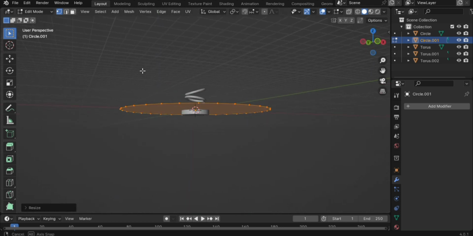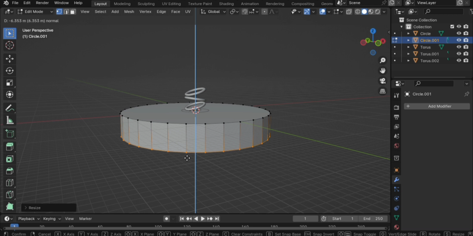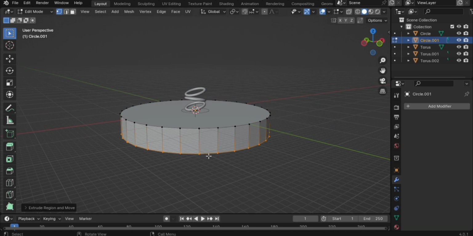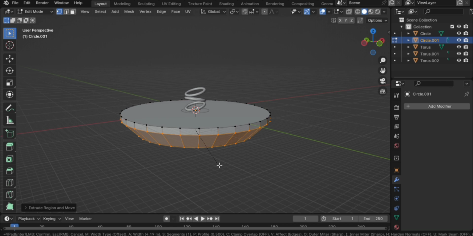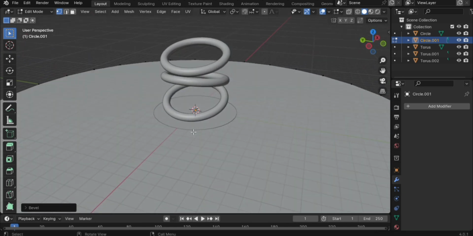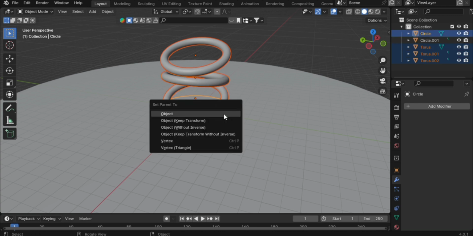So you're going to go E to extrude on the Z, like about this much. And you want to go F to fill, like that, and then give it a slight bevel. Something like this should be okay. Then tab back out, and actually don't tab back out yet. Okay, tab back out, then select this torus, the middle one, and the bottom one, and select that part, and then